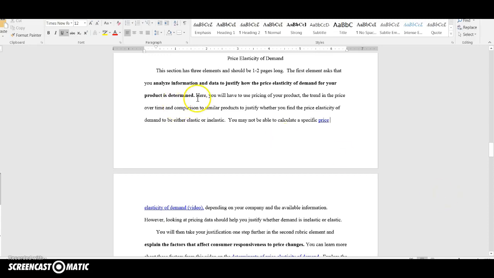So beyond having some raw data to look at for your price elasticity of demand, which is not always available, and beyond having some research on your product overall, you might want to also look at how the company prices their product relative to their competitors and how they change the price of their product when they see a cost increase. The more able a company is to shift costs to their customers, the more inelastic demand for their product